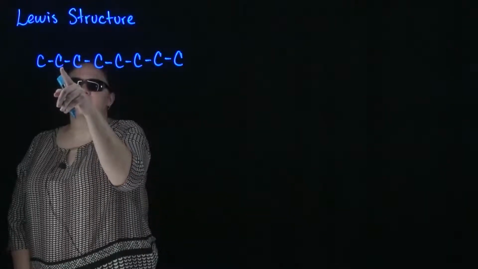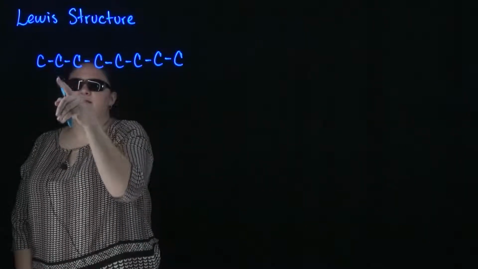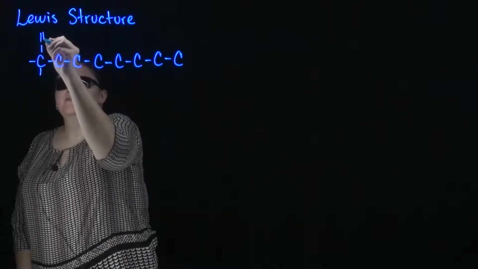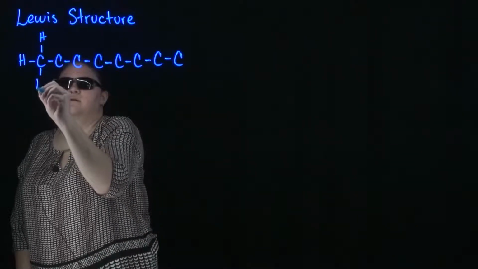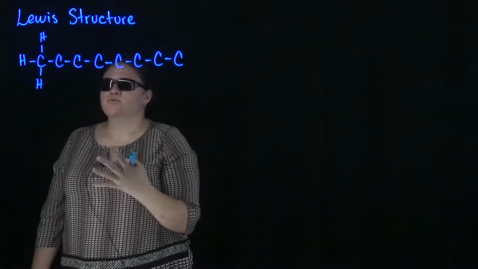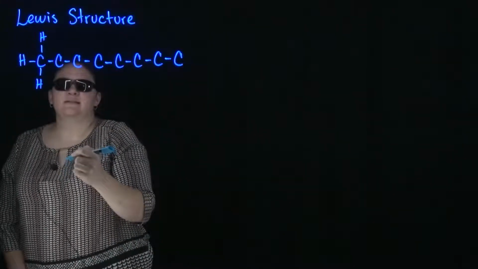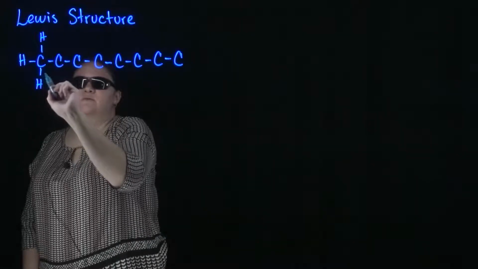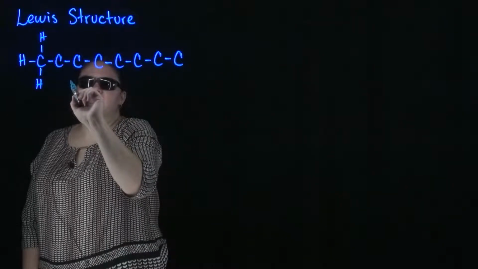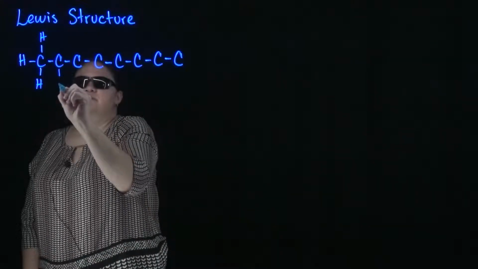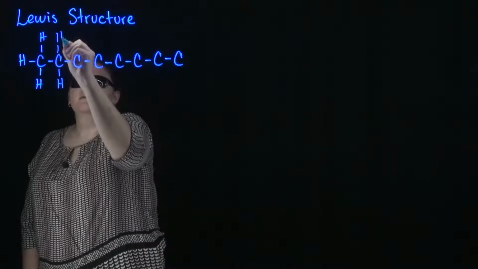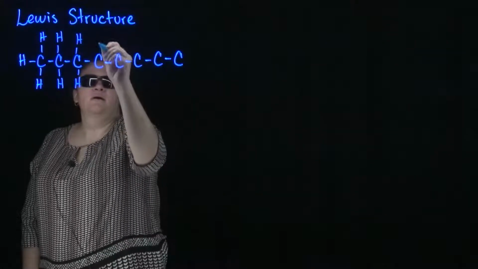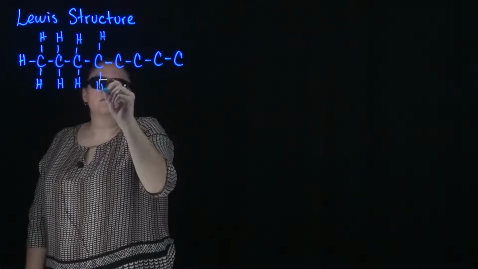In this case here, the carbon only has 1 bond to the next carbon. So we must add 3 hydrogens to complete those 4 bonds to complete the octet rule. In this carbon here, you have 1 bond to one carbon and 1 bond to the second carbon, which tells you that you need to add 2 hydrogens, and so on, until you get to the end